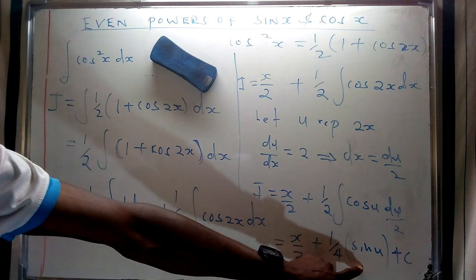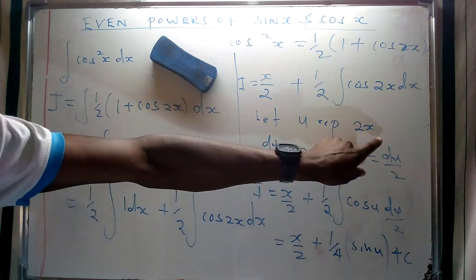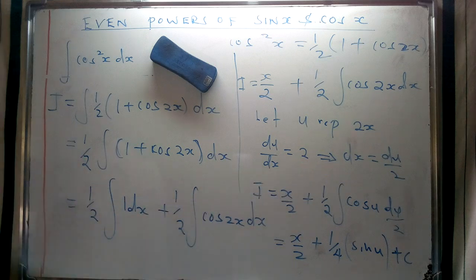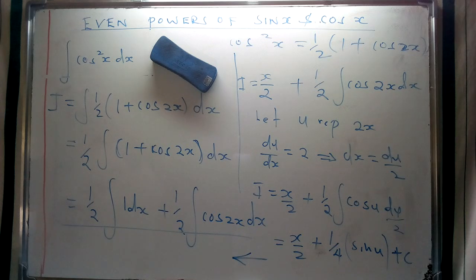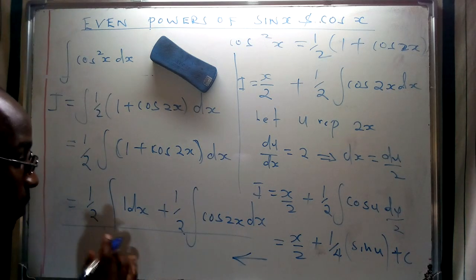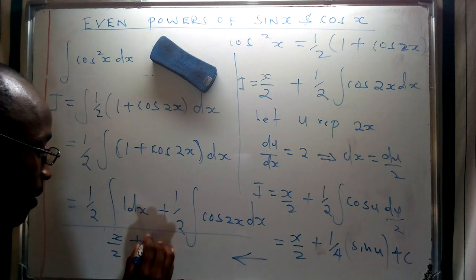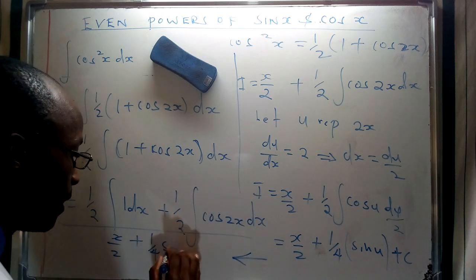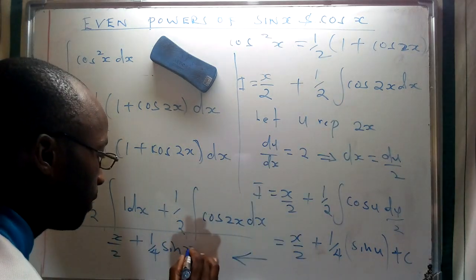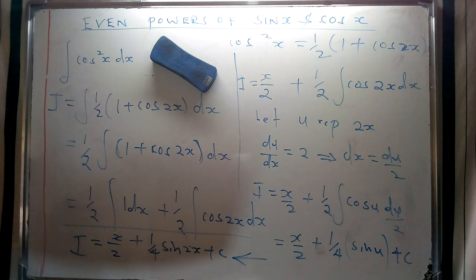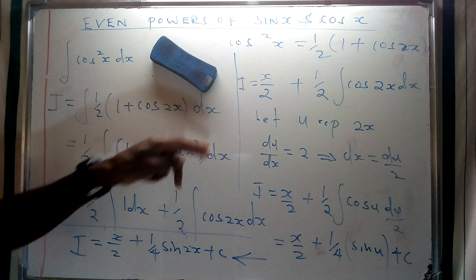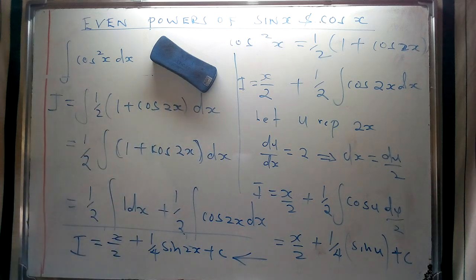Now, we have said that let u represent 2x. We're going to restore this value for 2x. I'm just going to use the lower part of this. I hope it can be seen from there. So we're going to have x over 2 plus a quarter the sine of 2x plus c, represented as the answer for our integral over these even powers of the sine and the cosine of x. So do a cross checking of this evaluation, and maybe if there is a variation or some kind of a mistake that we have made along the way, you can give us